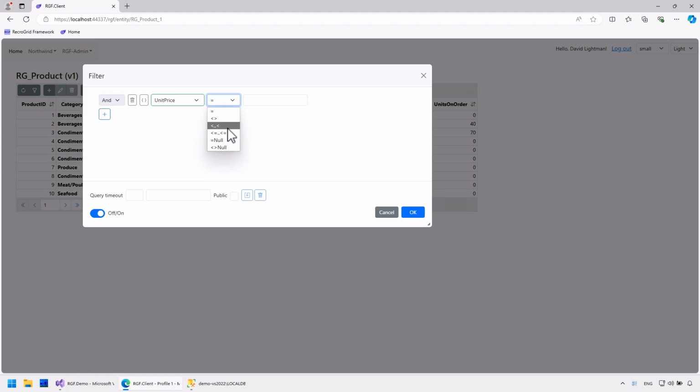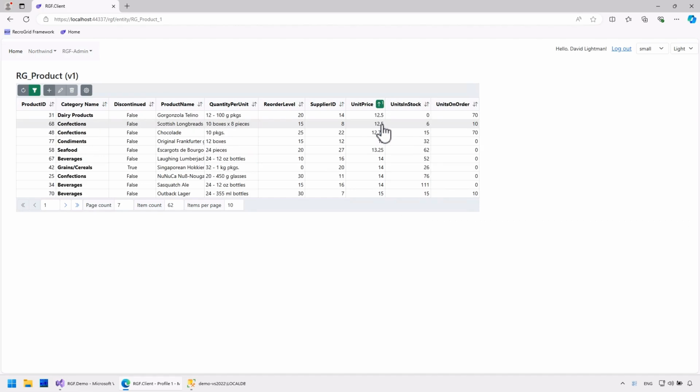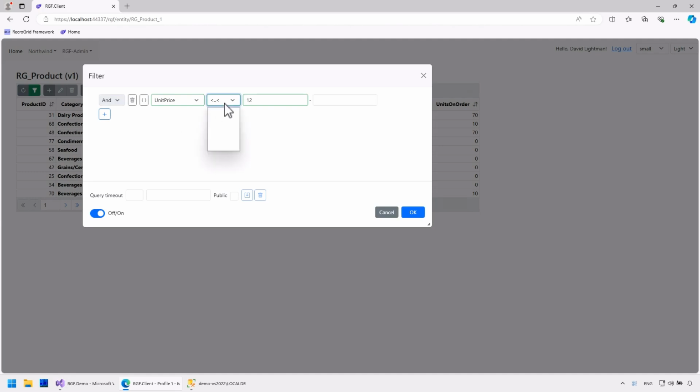Let's look at an example. I want to see the products where the unit price is greater than 12. In the range type filter, you can fill in the from and to values, or both. If I want the value itself to be included, I should choose the other option.